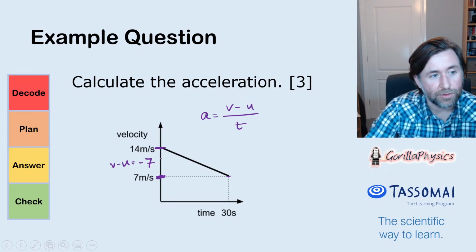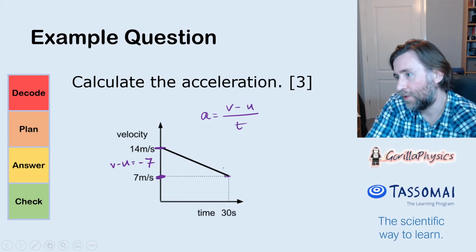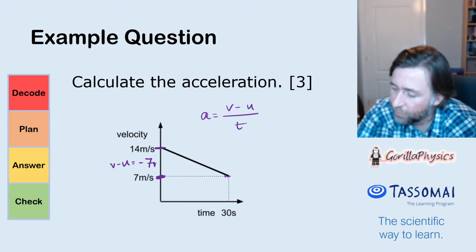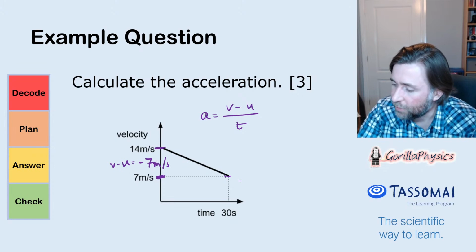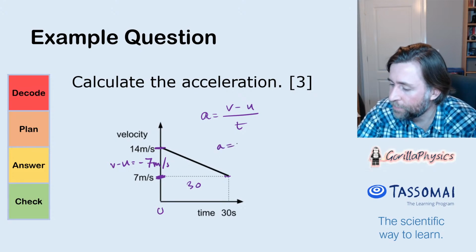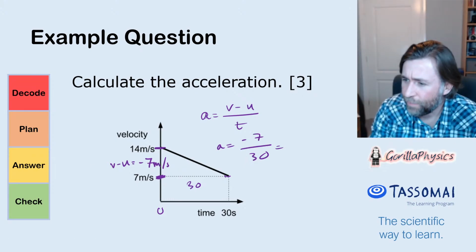It's not 14 minus 7, sorry, it's 7 minus 14, because the final is 7 and it started at 14. So the change in velocity is minus 7 meters per second. It's a negative gradient, so you know it's going to be negative. And the time it took from 0 to 30 was 30. So now we can substitute those in. Minus 7 divided by 30 gives us, calculate time,